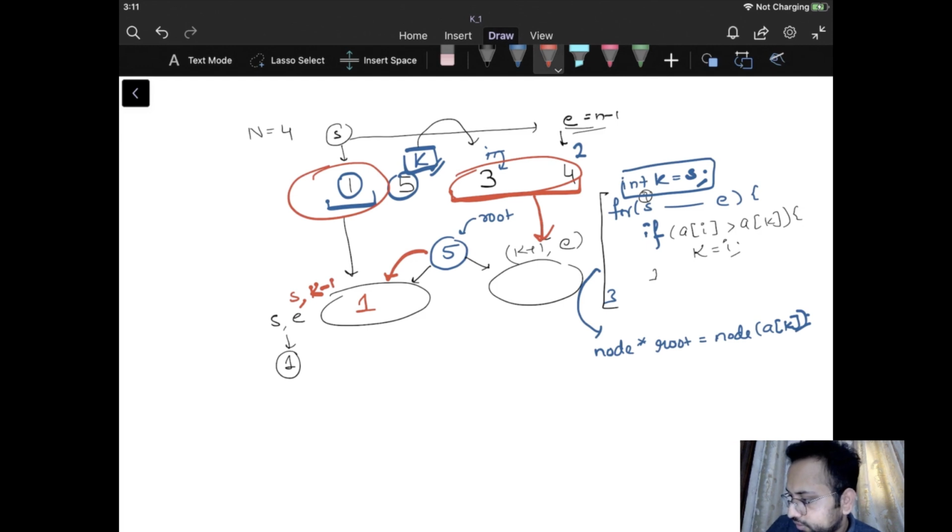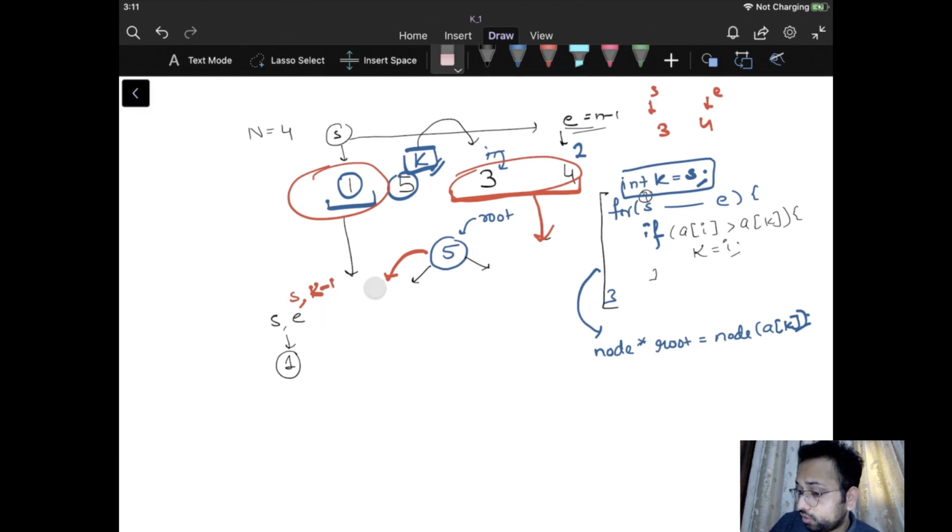So for the right subtree, I'll write over here, the start is pointing at this index and end is pointing at this index. So again, what will happen? I'll just go further for this problem and let us see how this is going to work. This is going to iterate over this array and find the maximum value. So 1 is the only maximum value over here.